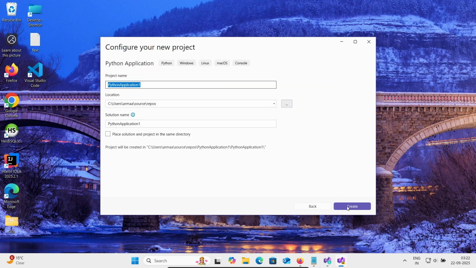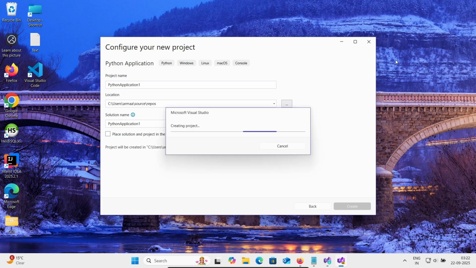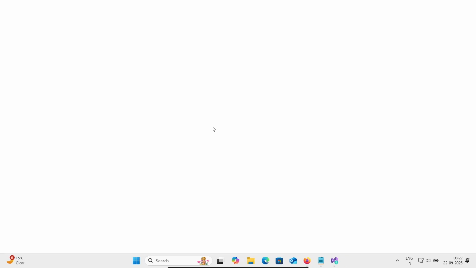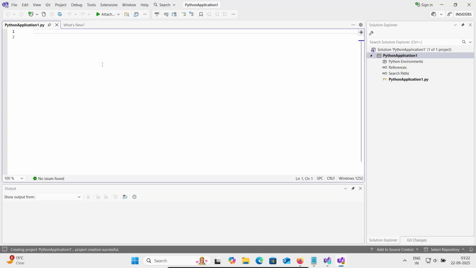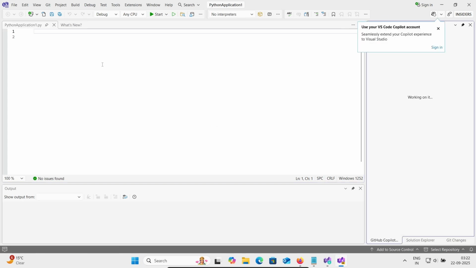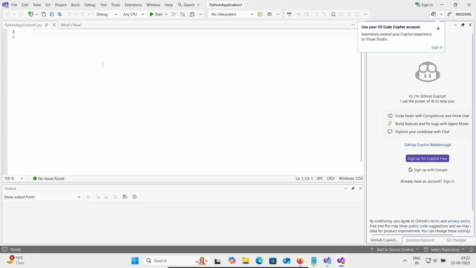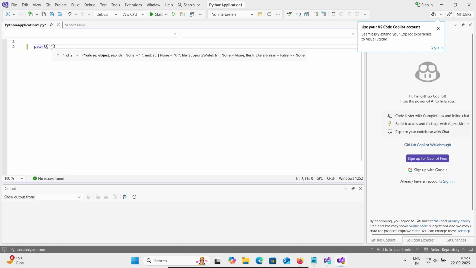Python Application, that's fine. Click on create. So here it is creating the project. Here you can see PythonApplication1.py,